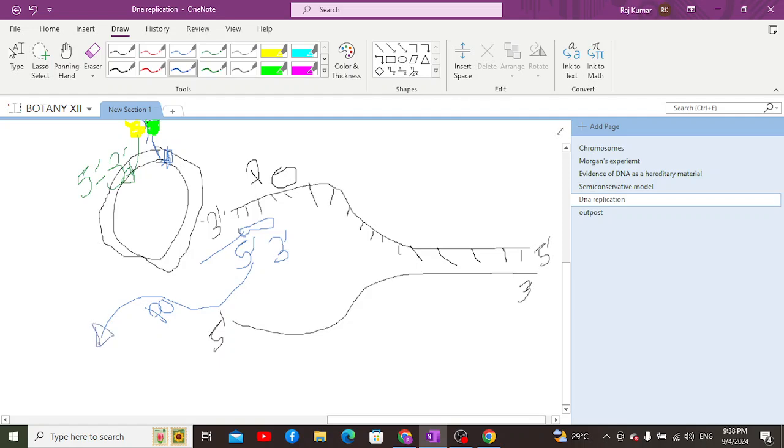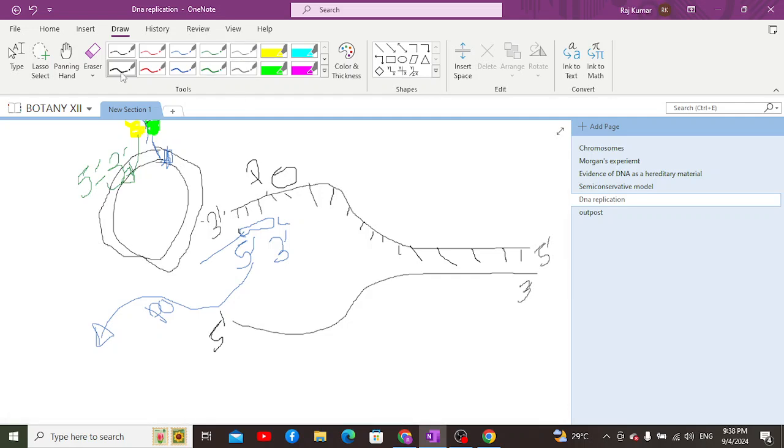So initiation of replication is important because it is required to get the direction in which the DNA polymerase 3 would be adding the nucleotides. For that, the primer is responsible for giving the direction in which the DNA polymerase 3 would be adding the nucleotides. Now once the primer is formed, then DNA polymerase